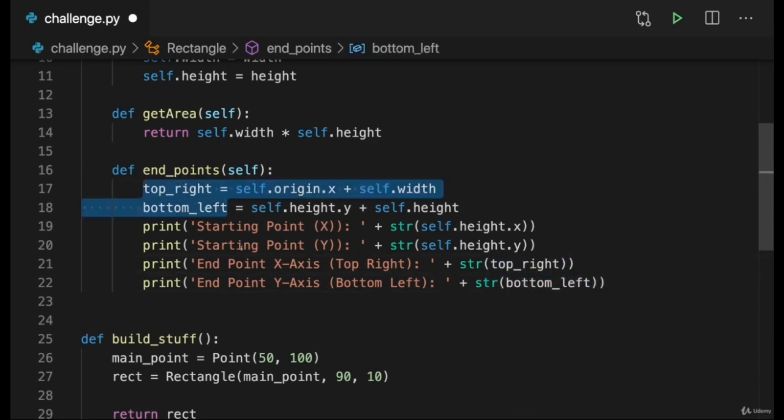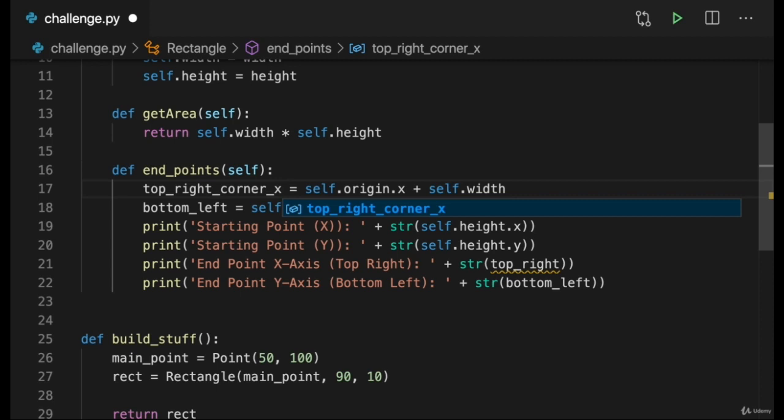Are these good names? I would actually say you can go with them. You will definitely also be able to find alternatives, which you personally might prefer, but these names are pretty descriptive. It's clear that this is the top right corner of the rectangle and that this is the bottom left corner. We could name it top right corner X or something like this, but this would actually be a bit redundant